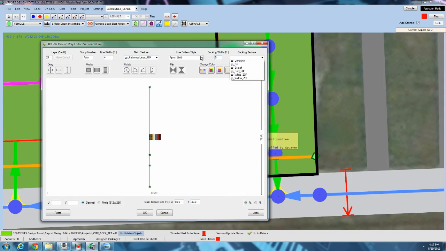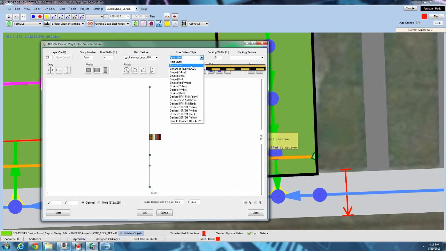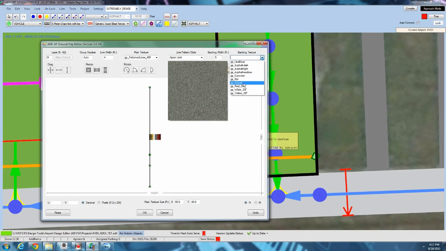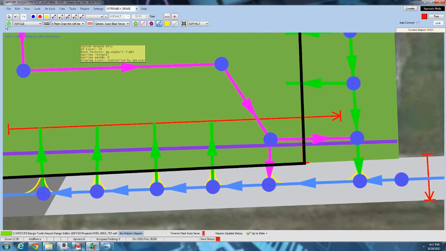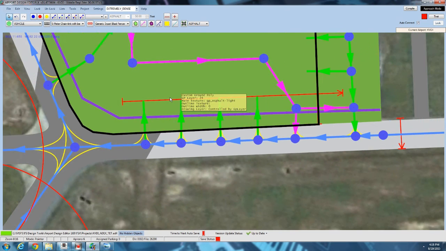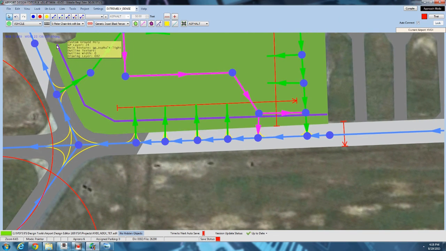So this line here, the apron limit line, is going to get painted across 4 feet wide, and then 6 inches either side of that, we're going to have this texture. We can have it be anything we want, including the line base texture, which is that dark sort of rubber that they put on and then paint the taxiway lines on it so that they stand out amongst the pavement better. Or you can just leave it blank and not have a backing, which is what we'll do. Now, when we got in the sim, we'd actually see the apron limit line sitting over top of the GP